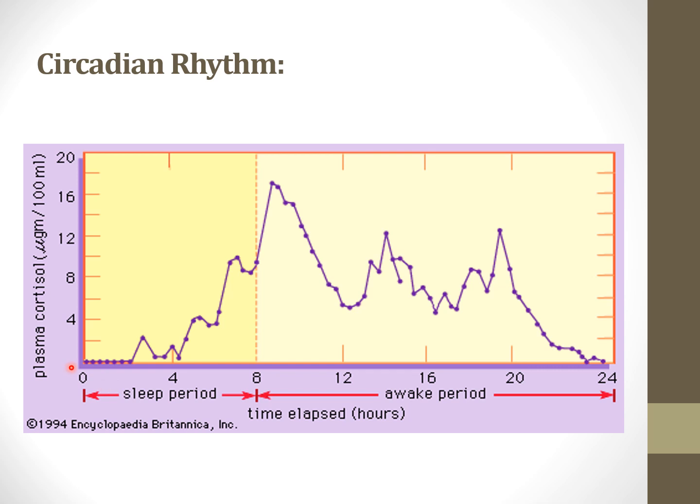Look at this, the sleep period. During the beginning of the sleep, cortisol is almost down. Then when the person wakes up after 8 hours of sleep, the cortisol secretion is at its peak level, and then slowly it comes down. Then by 12 hours, it has a second peak, but not as powerful as the early morning one. Then slowly it comes down at the end of the day. So this is how we can see the circadian rhythm, the biological clock, the day-night variation.